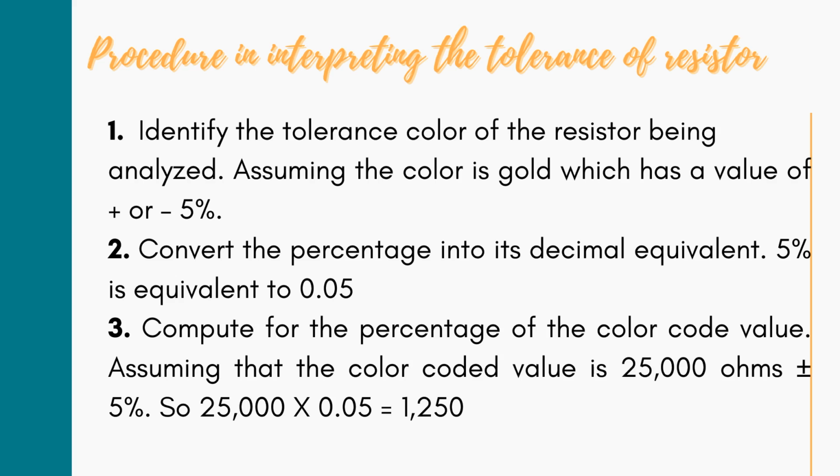Procedure in interpreting the tolerance of resistor. 1. Identify the tolerance color of the resistor being analyzed. Assuming the color is gold, which has a value of plus or minus 5%. 2. Convert the percentage into its decimal equivalent. 5% is equivalent to 0.05. 3. Compute for the percentage of the color code value. Assuming that the color coded value is 25,000 ohms plus or minus 5%. So 25,000 times 0.05 equals